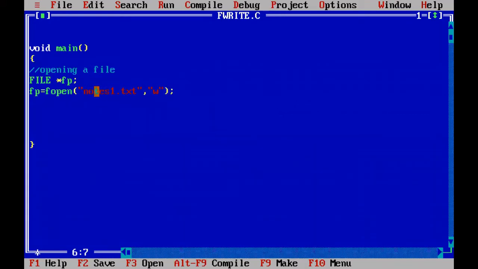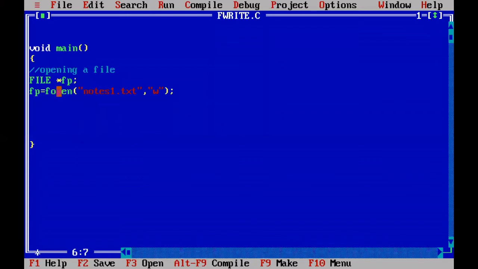See, the file notes1.txt is not created. I didn't create this file. So what will the fopen function do? If the notes1.txt file does not exist in the database, in writing mode the fopen function will create a new file with the same name that you gave as the first argument. If notes1.txt does not exist, it does not return a null pointer to fp. It will create notes1.txt with this name, and it will open in writing mode by placing the file marker at the beginning of notes1.txt.